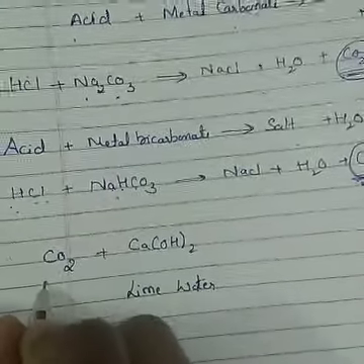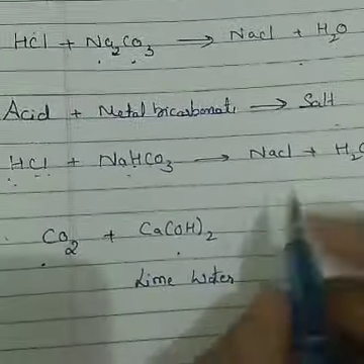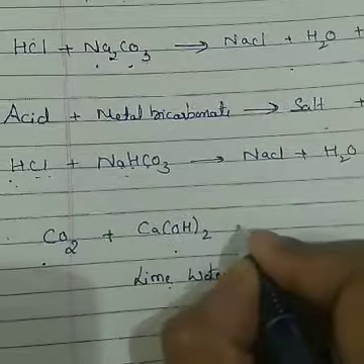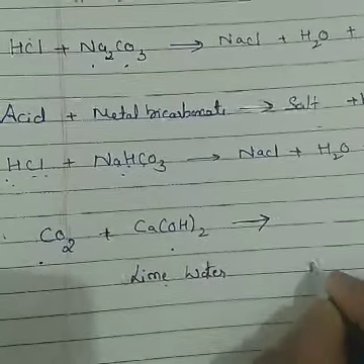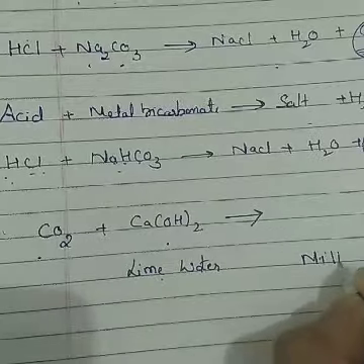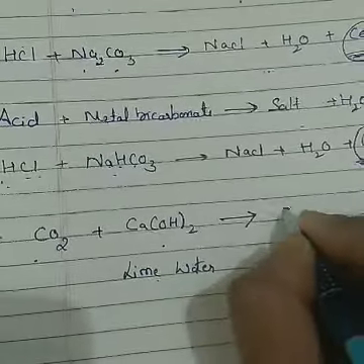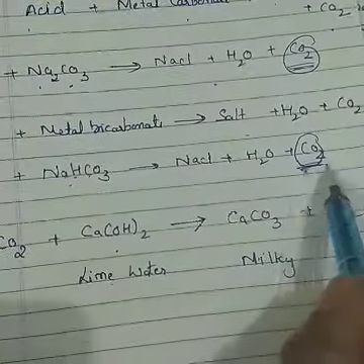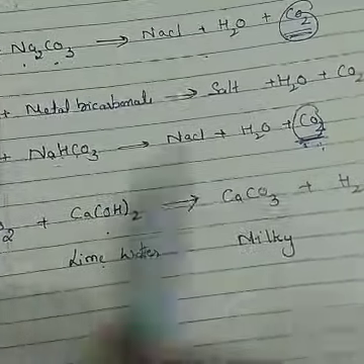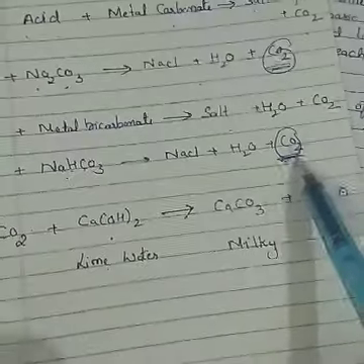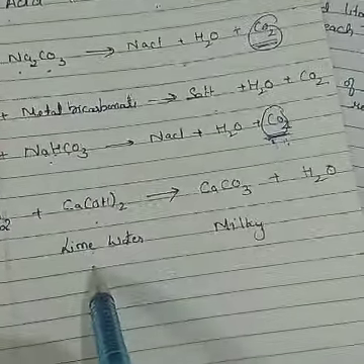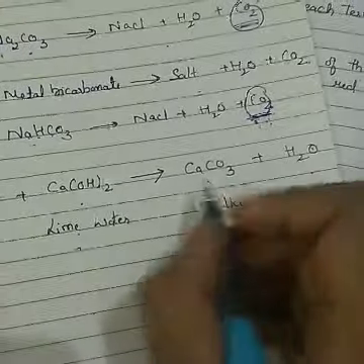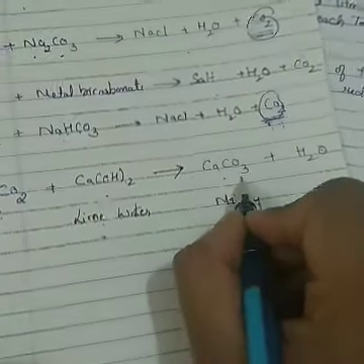When you take the carbon dioxide and pass it through calcium hydroxide, that is lime water, it changes into milky. The lime water changes into milky. The milkiness is due to the formation of calcium carbonate. Is it clear? See, how to test that carbon dioxide gas is coming out. For this, take out the carbon dioxide gas coming from the above reaction and pass it into the lime water. It changes the lime water into milky, plus water forms. Okay, this milkiness is due to the formation of calcium carbonate.